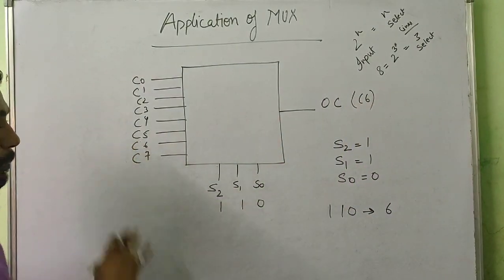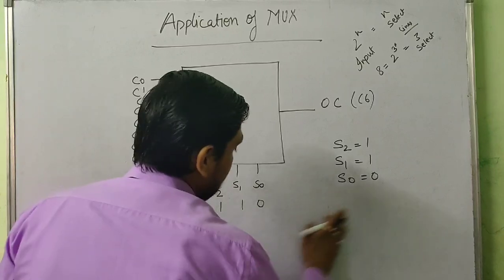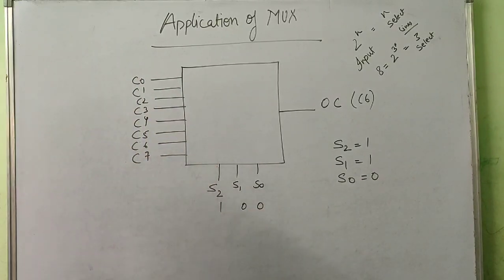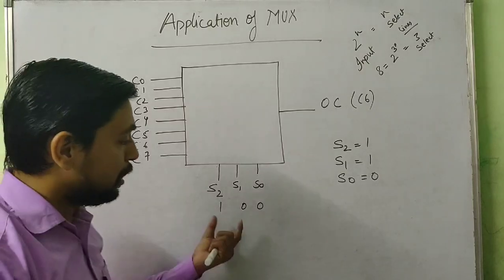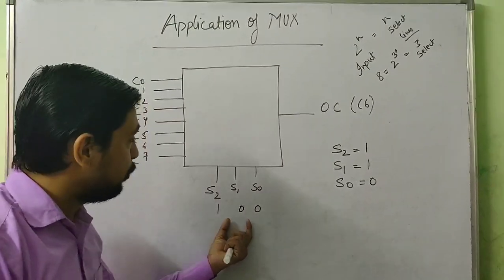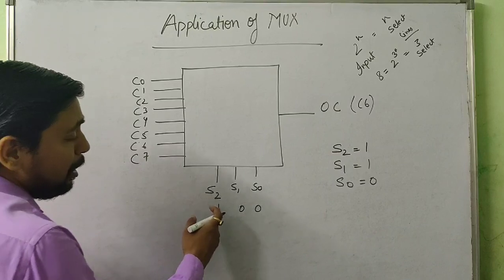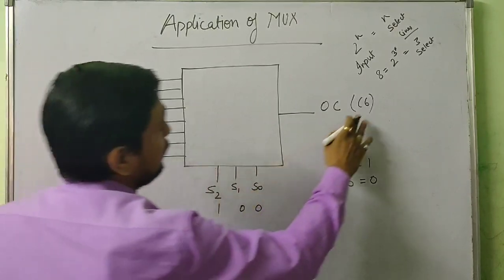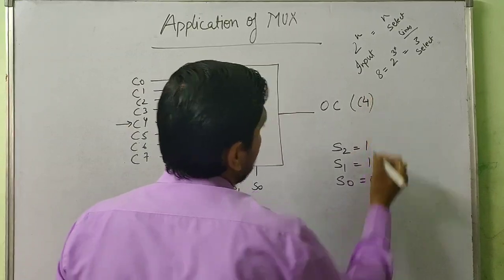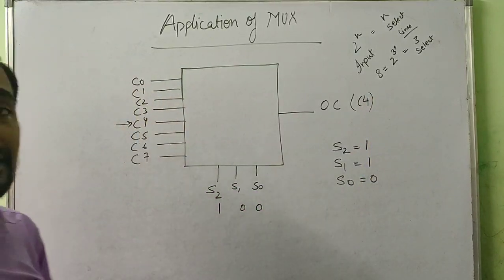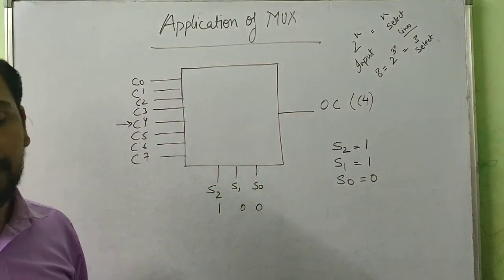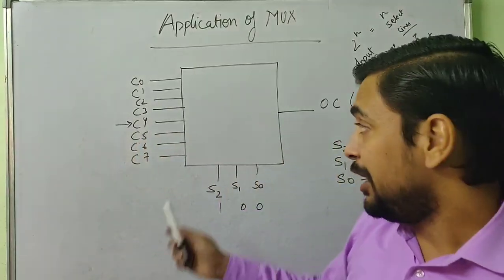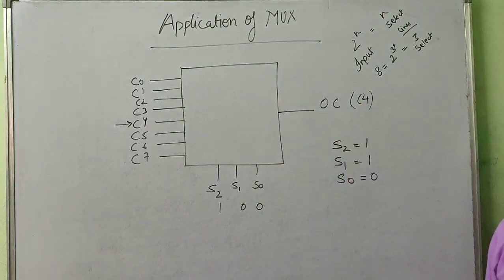Now can you tell me what will be the output channel if I specify 1, 0, 0? Of course you know 1, 0, 0 is binary of 4. So when we pass 1, 0, 0 in these selection lines, definitely channel 4 will be selected. So what output will we get on the television? That time we will get channel number 4. So according to the selection lines, a specific input is selected as output.